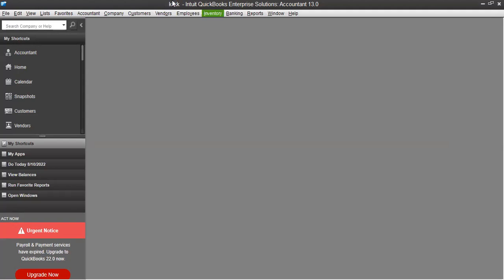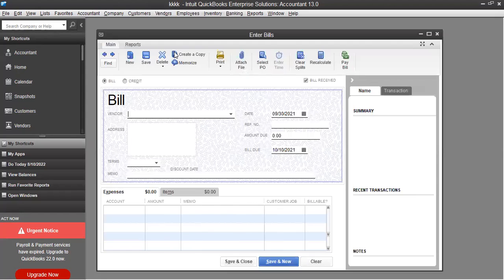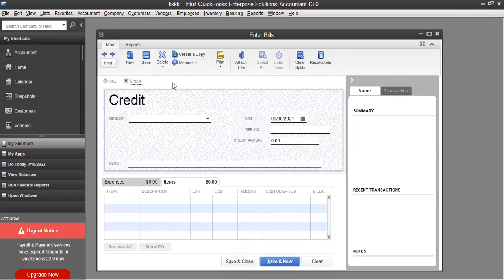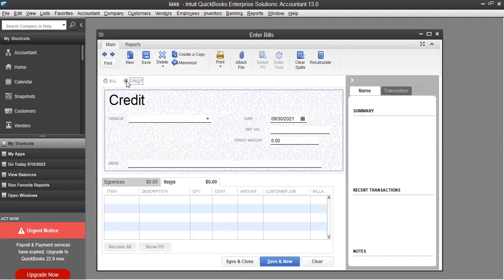We are doing a purchase return. Yeah, this one has worked. So when you press on credit and enter bill, we are returning goods. Then you click credit. So credit means that